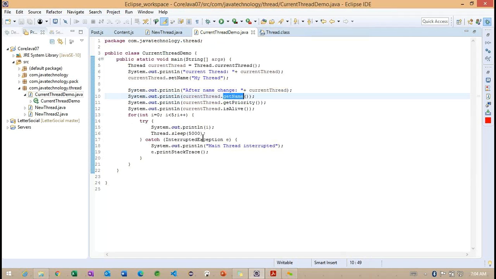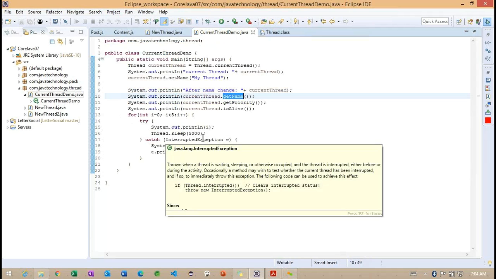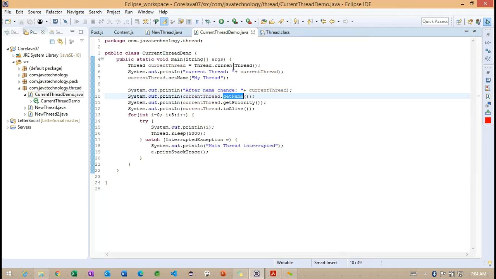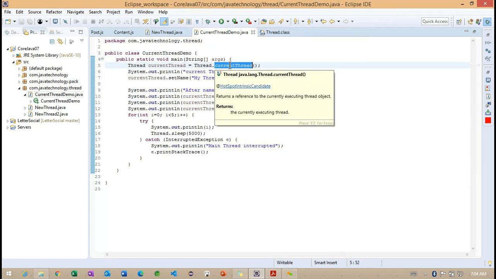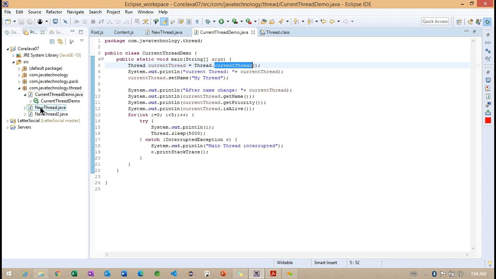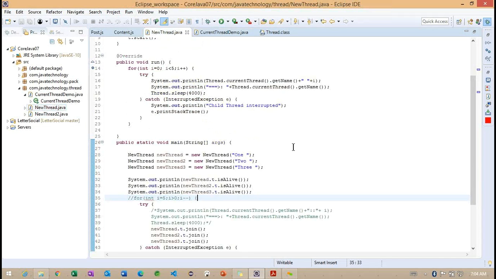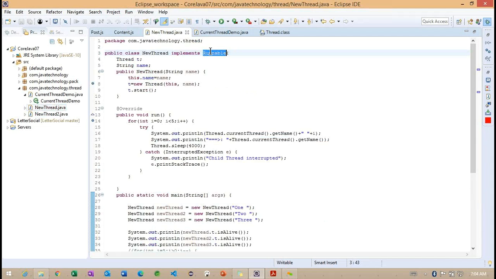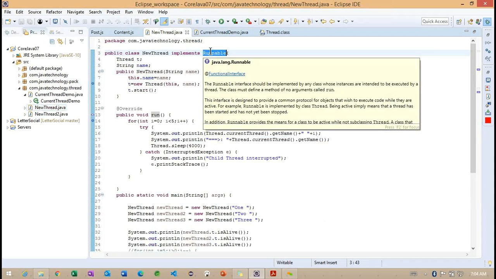Now back to here. In the last class we discussed three examples: the first one using current thread, and the second one we identified implementing the Runnable interface. Basically, as I explained, we are going to work with a thread using one interface called the Runnable interface, and with the Thread class.